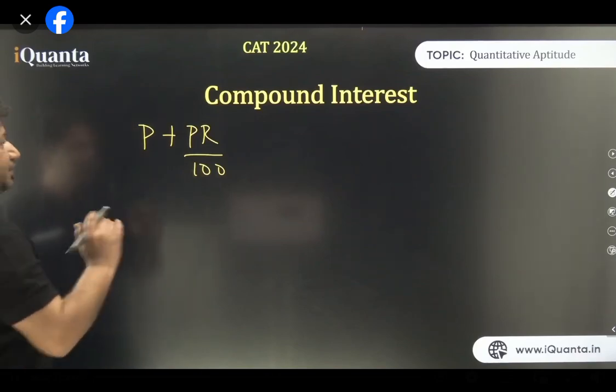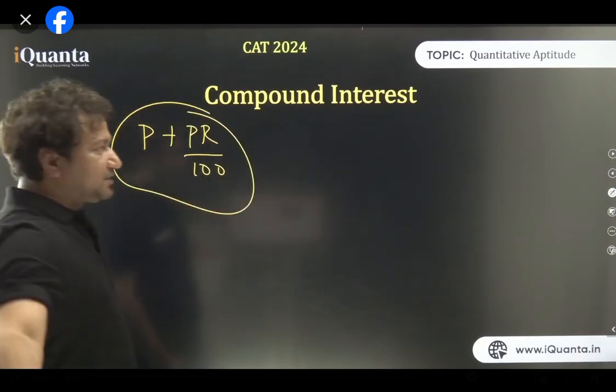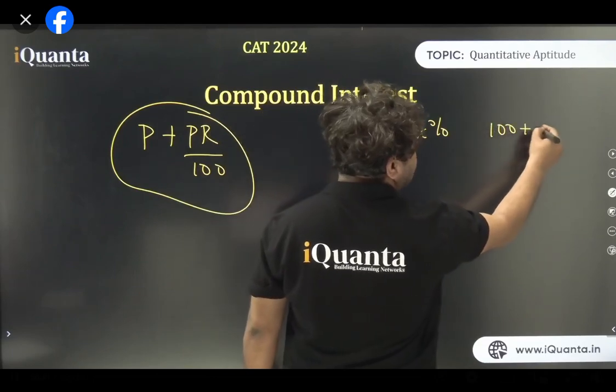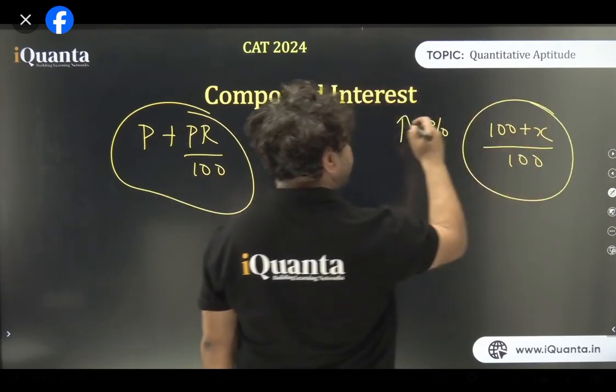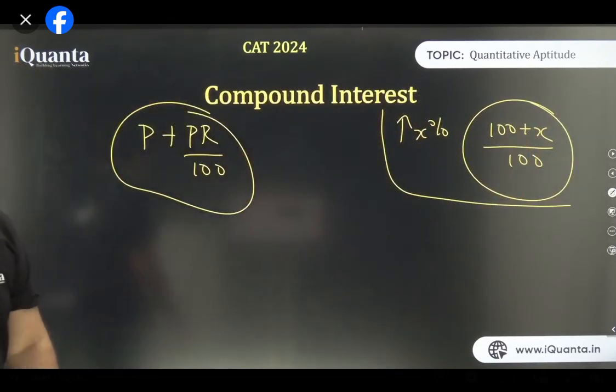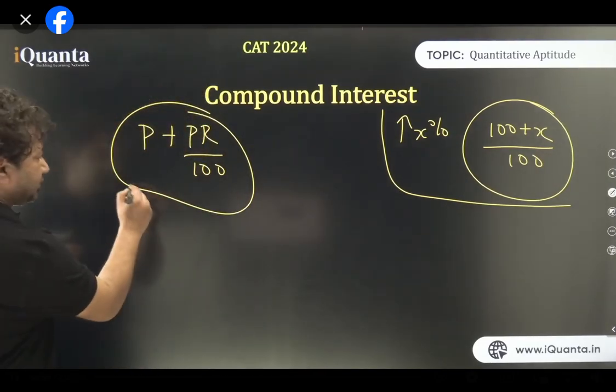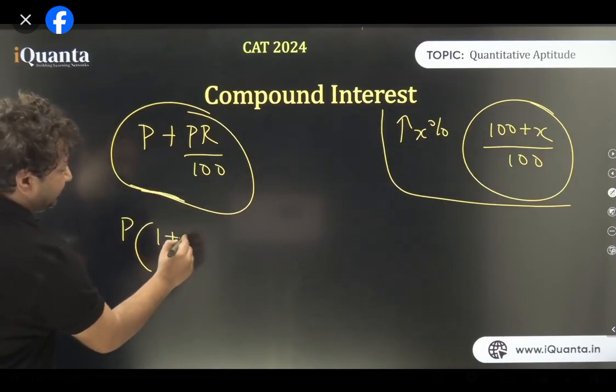All right. Now you have to understand one thing. In the previous session, you must have learned this. If you want to increase something by x%, you multiply it by 100 plus x upon 100. Yes or no? Remember this part? If you want to increase something by x%, multiply it by this, right? So here, because I want interest on principal as well as interest, for the first year this is what I got. I got P multiplied by 1 plus R by 100.